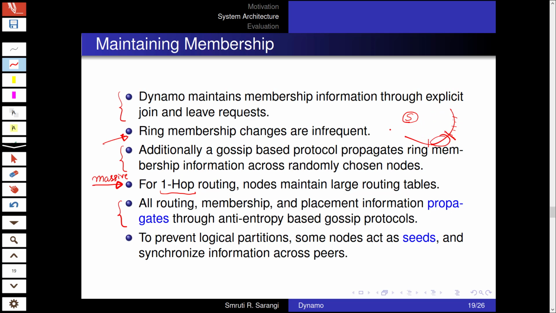You can think of these seed nodes as global aggregators of information about when a node joins and when a node leaves. So these global seeds can be consulted if nodes feel that there is a partition, and that can be used to reconstruct the parts of the ring.